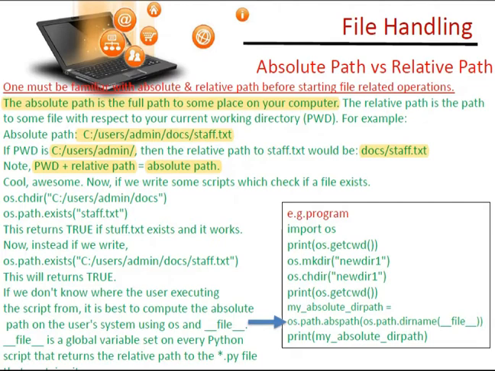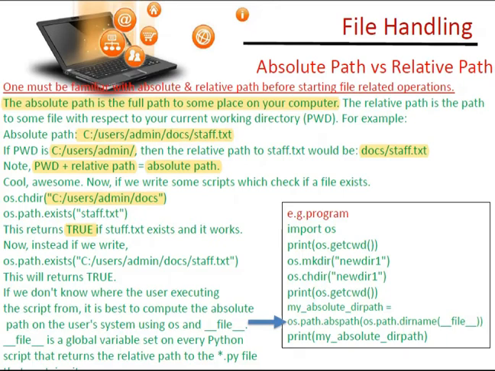We have done this for setting the path for library functions. Then let us see what commands we have. If we write a script which checks if the file exists, using the path check, and I give the file path here, it will check if the path exists; it will return true, else it will return false.